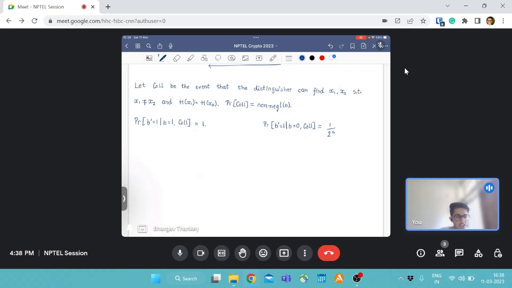So conditioned on collision happening, the probability that the distinguisher can succeed in distinguishing between a PRF and a TRF, that is between F prime and a TRF, is significant, but